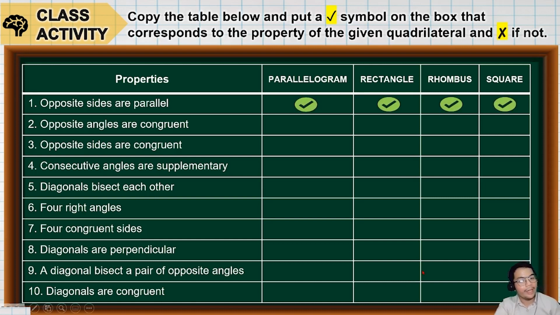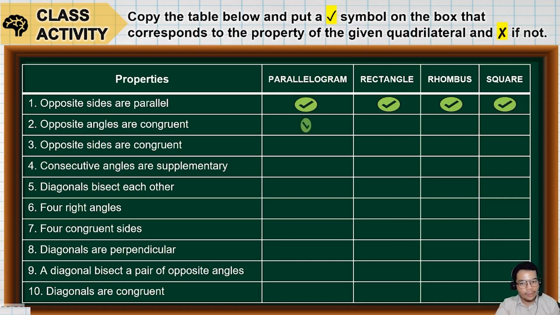This is how we define a parallelogram. Opposite sides are parallel or what we call two pairs of parallel sides. So this is what we call a parallelogram. But since rectangle, rhombus, and square are all still parallelograms, therefore, property din nila yan. So aside from that, we still have these four different properties of parallelograms such as opposite